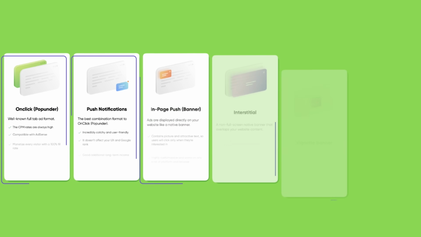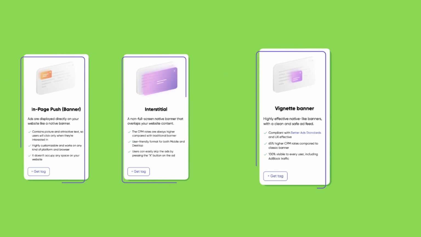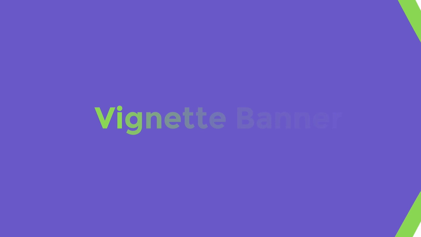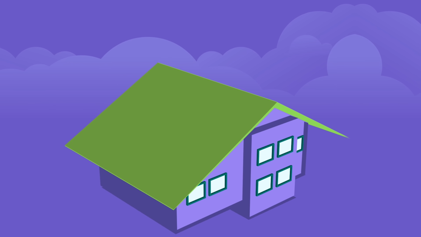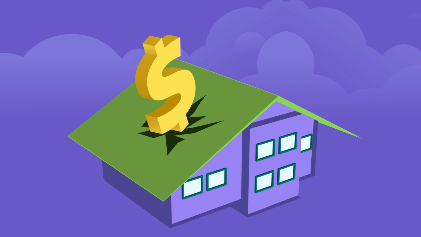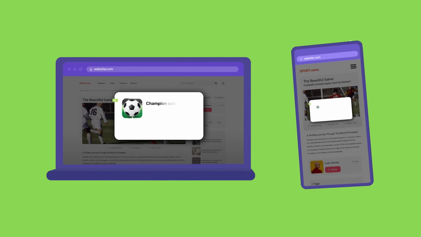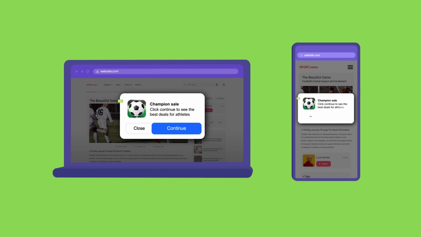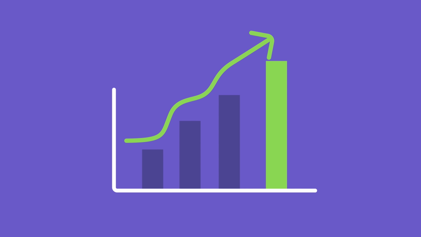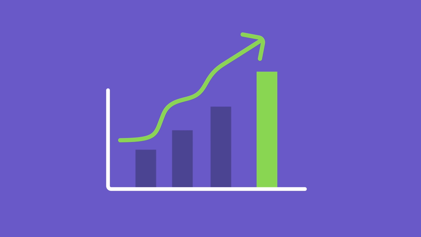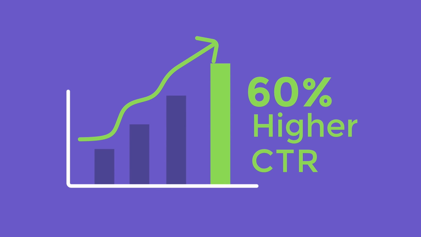Do you want a native format users will love but still need maximum profit? No problem. We have the solution. We present you the great and powerful Vignette Banner, a subtle and user-friendly format with CTR that can go up through the roof. It is a small banner with a noticeable close button and minimum text, quite similar to Google Vignette ads. Despite its nativeness, the Vignette boasts exceptional performance. Its CTR is 60% higher compared to a traditional banner.